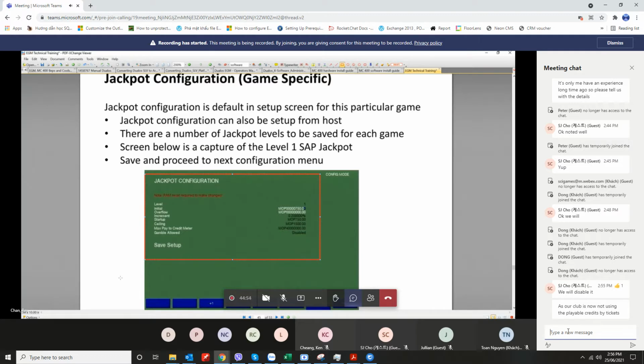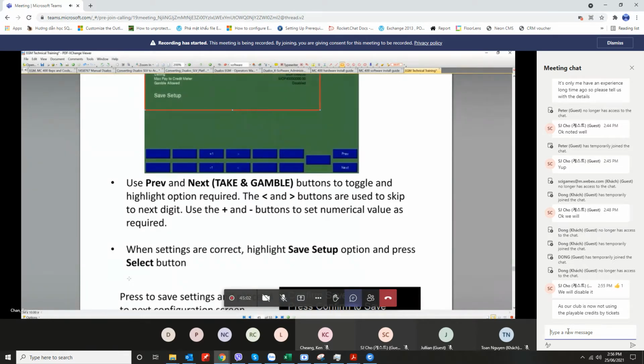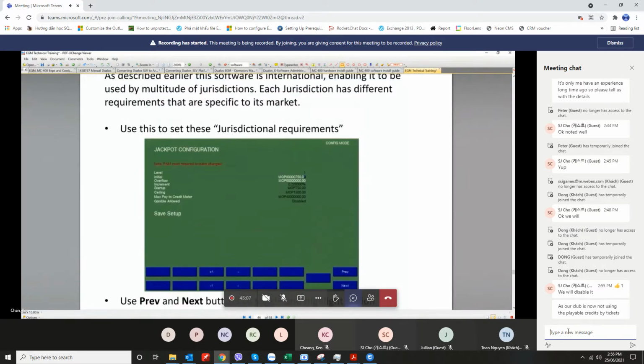Okay, I will disable the restricted ticket because you see 4 pages about configuration. Actually, it should be 2 because